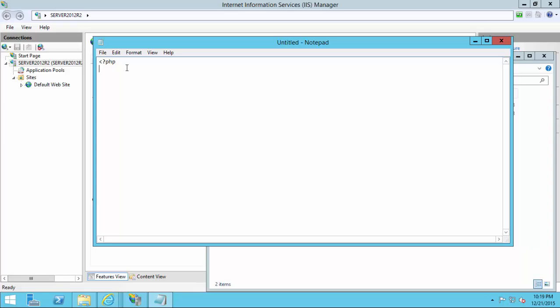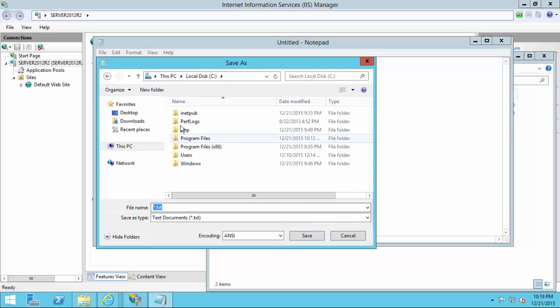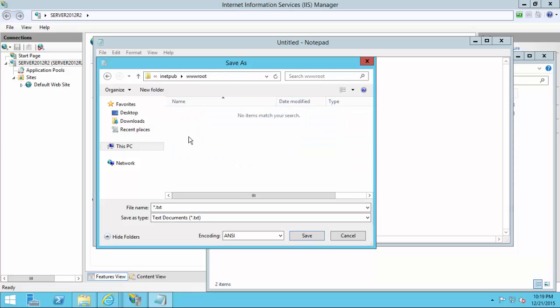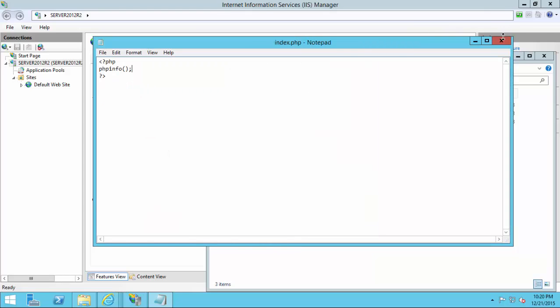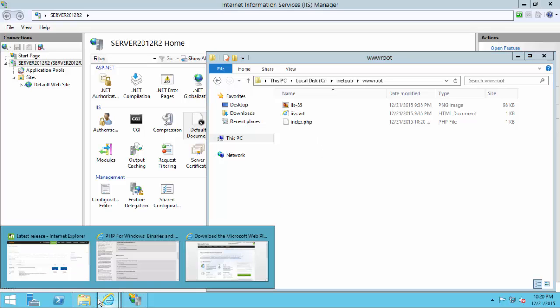PHP, PHP info, and I'm going to save this as index.php within my www, and make sure all files is selected here. Click save, and now I see I've got the index.php file here, and I'm going to test my file using